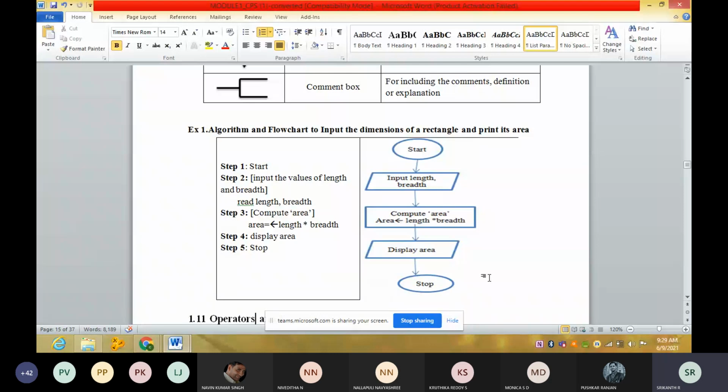What happens is if we write the algorithm and flowchart first, writing a program becomes easy. So in the lab programs, what you people are going to do is first you are going to write the algorithm in the unruled sheet, and you are going to write the flowchart in the unruled sheet. In the ruled sheet, you are going to write the program and its output. Output also you can write in the ruled sheet or unruled sheet. It does not make any difference.